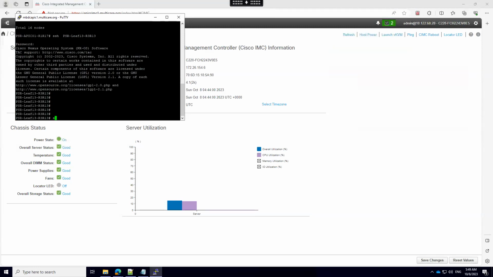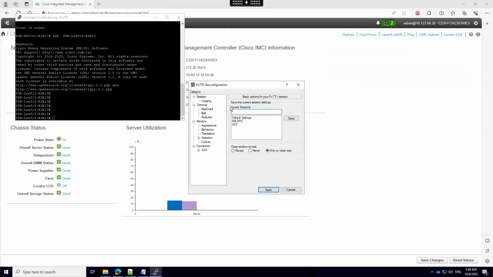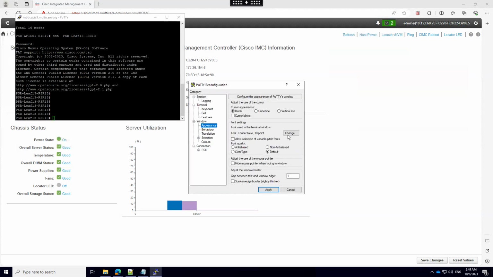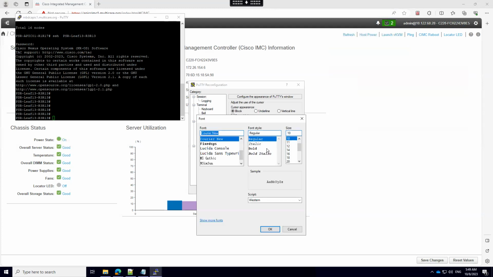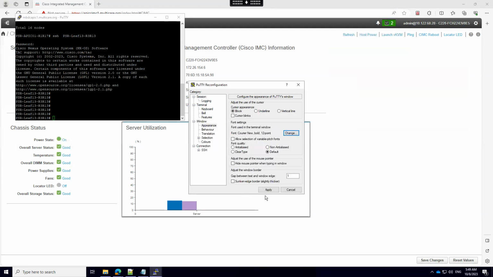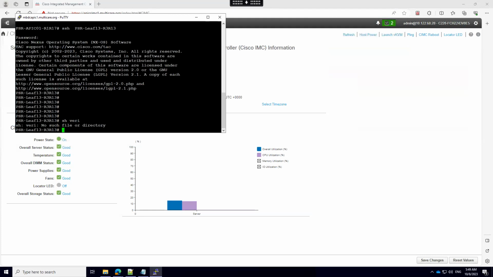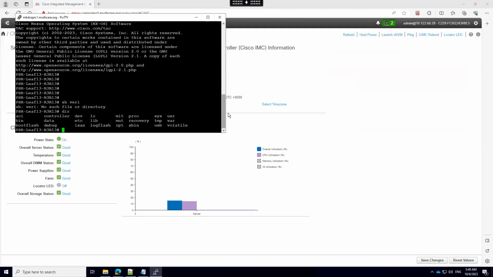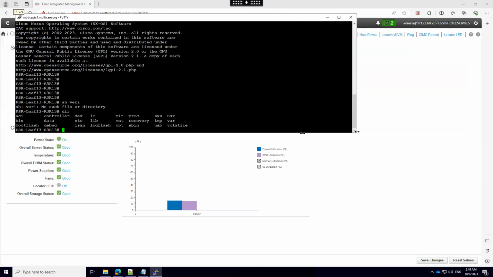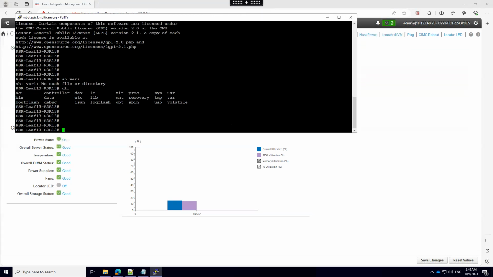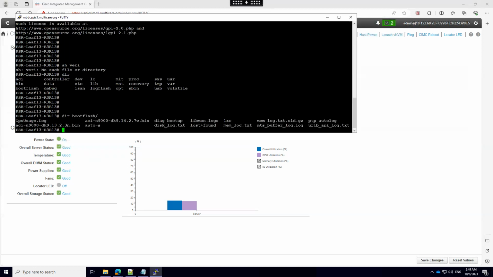You can see that. If I say show version or dir boot flash, you will see here I have the ACI image installed, right? In the boot flash, I have the ACI image here.